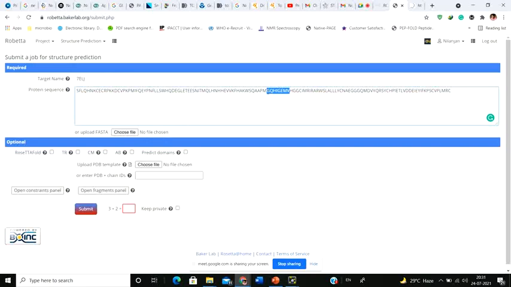While doing this, it uses the comparative modeling, it uses the ab initio method. It actually uses every method that is there and combines all the methods, so that the structure you get is the most advanced and the most accurate. Understand?